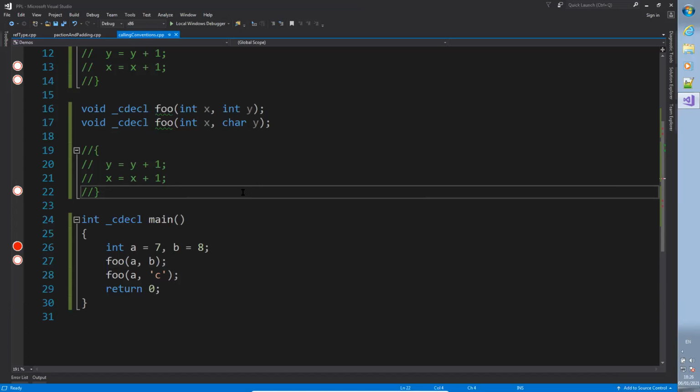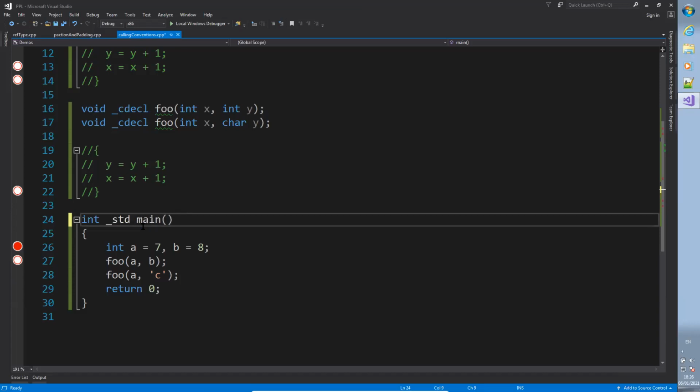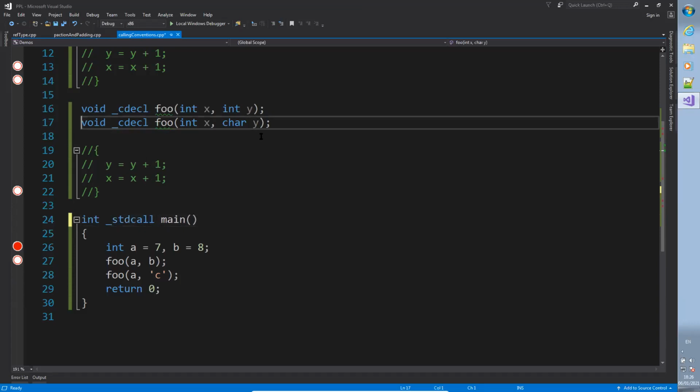So let's change to standard call and ask ourselves what happens in standard call. In standard call, the parameters are also pushed onto the stack from right to left. Okay, so let's change this to standard call. Okay, and let's put our functions here. Let's move them a second into,